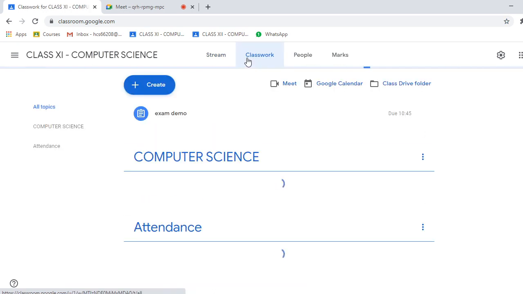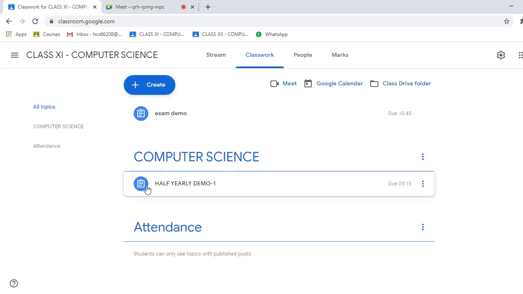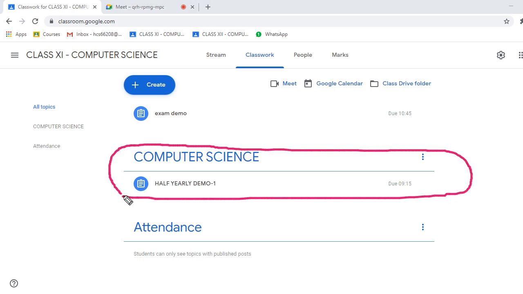Okay, when you click the classwork here, you will find the scheduled paper, like that. See, I had given a demo paper here, right? So you see here one demo paper, this way. Here you are going to get one scheduled paper for that day. Suppose today in this class a physics examination is there, so here you are going to get the physics paper.